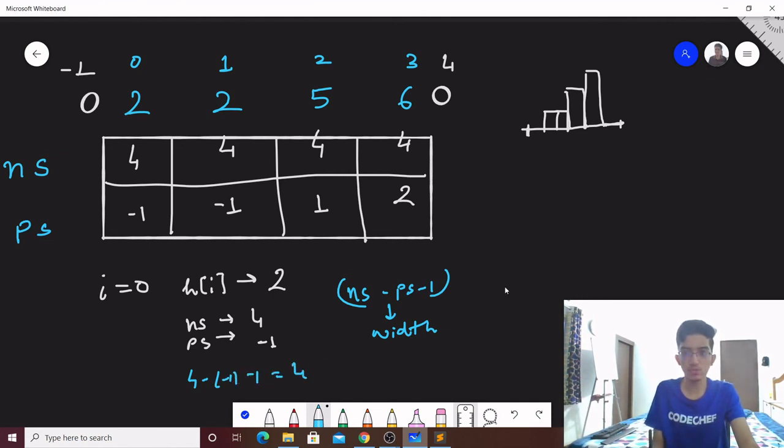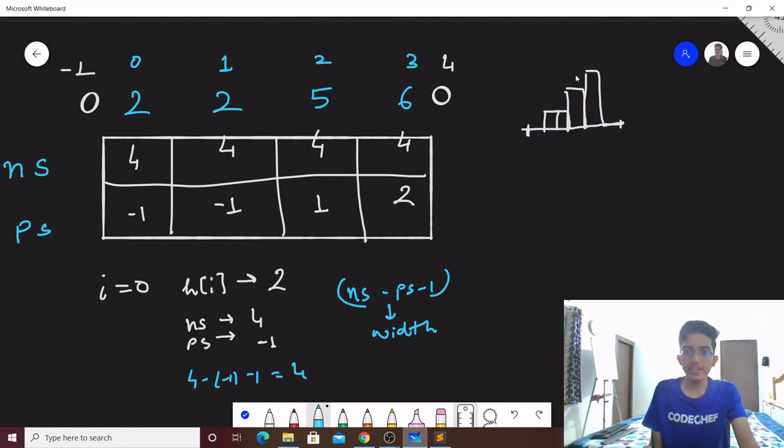So the width is 4, which is correct because this is a width of 4. Next, when we are at index 1, the next smaller is at index 4 and the previous smaller is over here. So the width would be again 4 minus -1 minus 1, that is again 4.